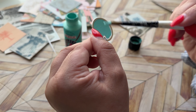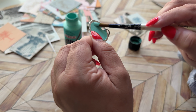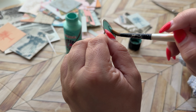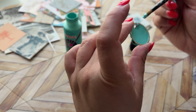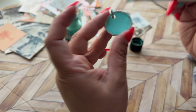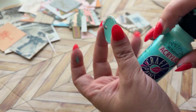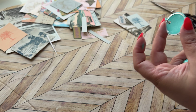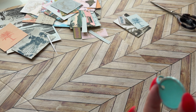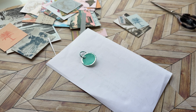And I don't know if these metal ring tags have a different name, but what I do know is they make my heart skip a beat. I love them. I love adding different elements to it. And here you can see that I'm just adding a coat of some pretty teal acrylic paint, and look at how beautiful it looks. I even added some paint on the metal part so that it looks like rusty and vintage